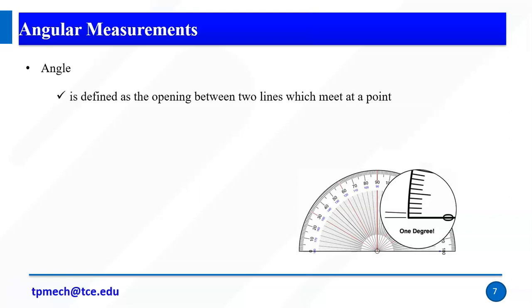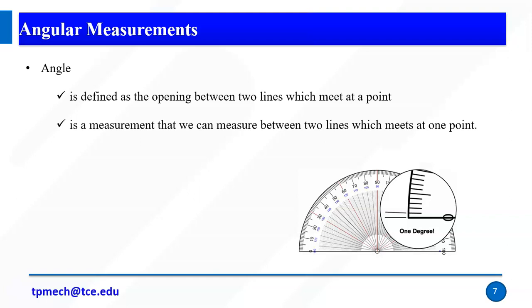It is defined as the opening between two lines which meet at a point. A line is nothing but the distance between two points. If two lines meet at a point, the opening between these two lines is an angle. For example, if two lines do not meet at all, then the angle between these lines is 0